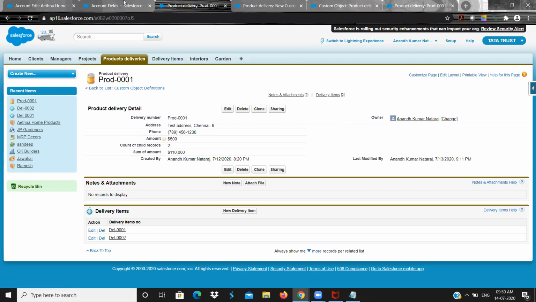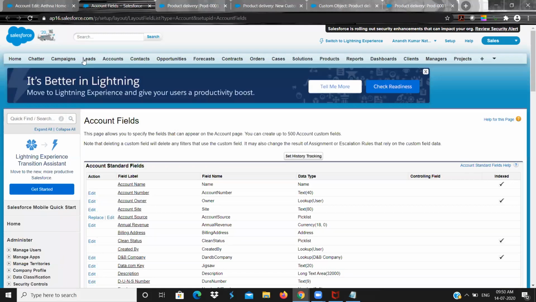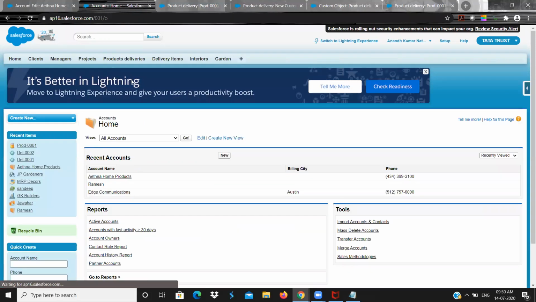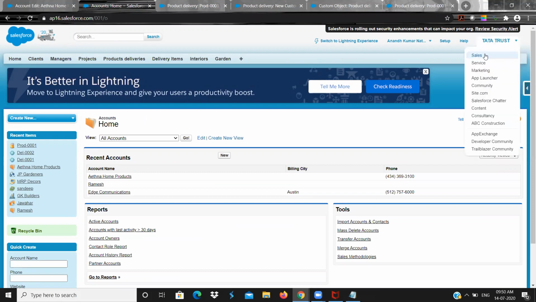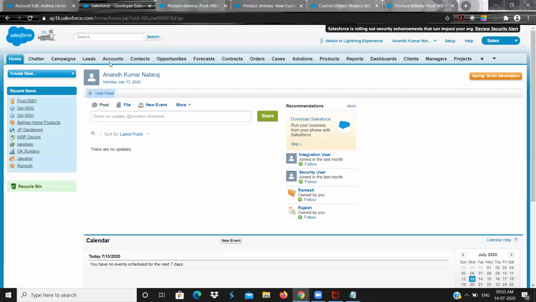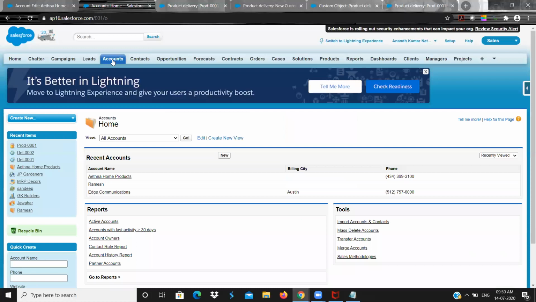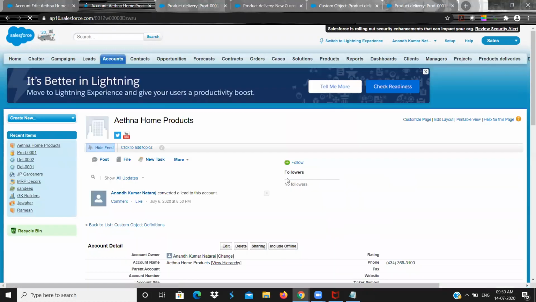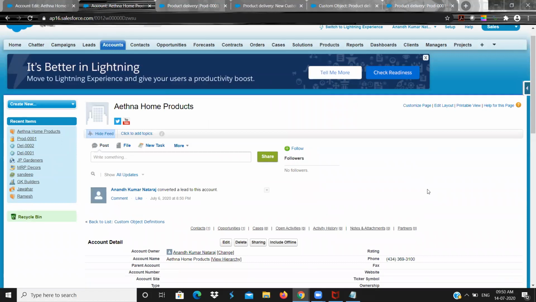Okay, so now, since we don't have many fields or much data, we will go for the standard objects. So I'm going to Sales, to the parent object.